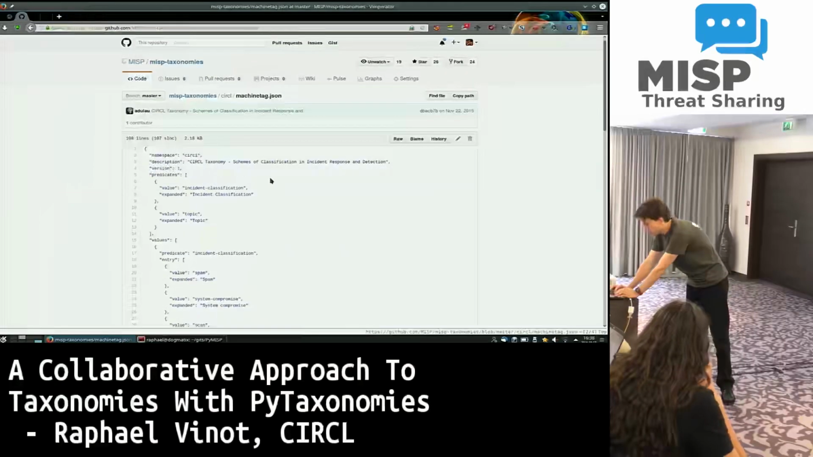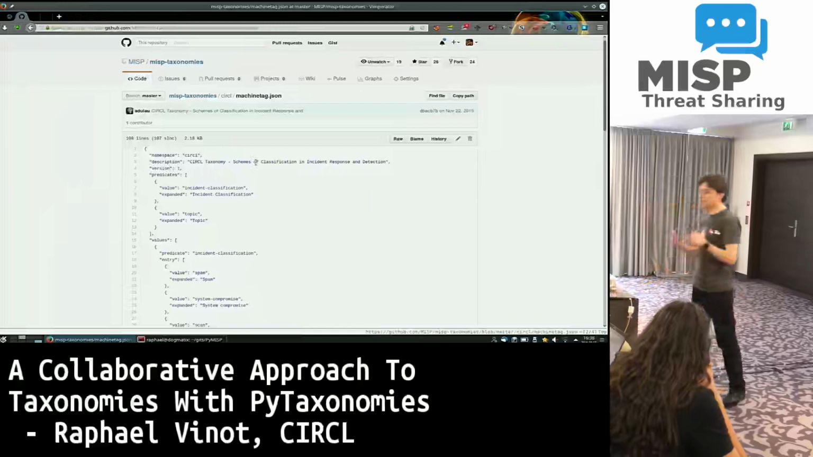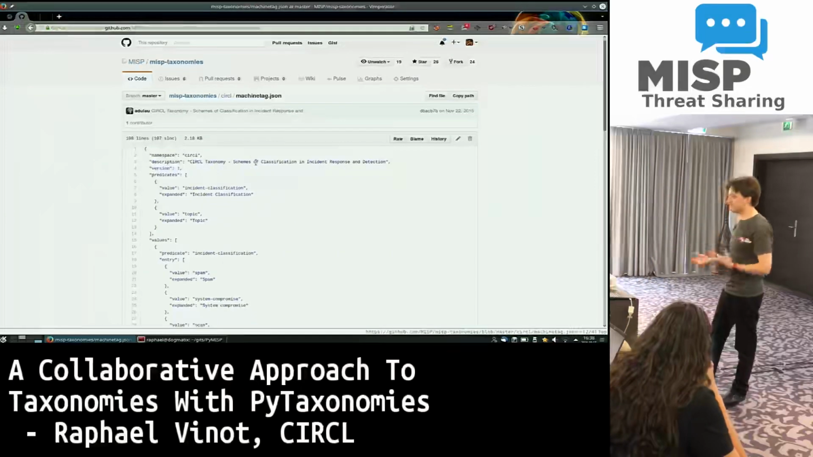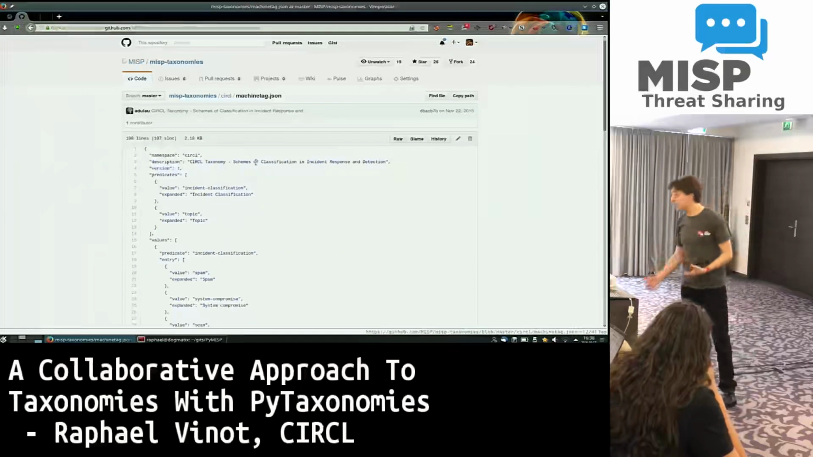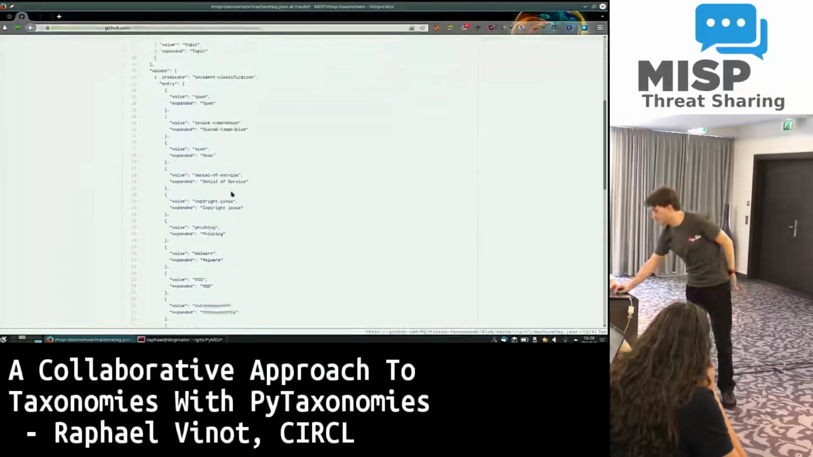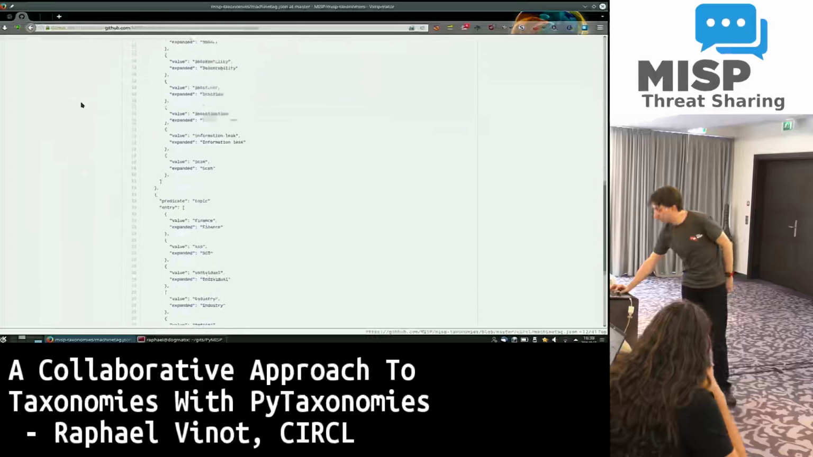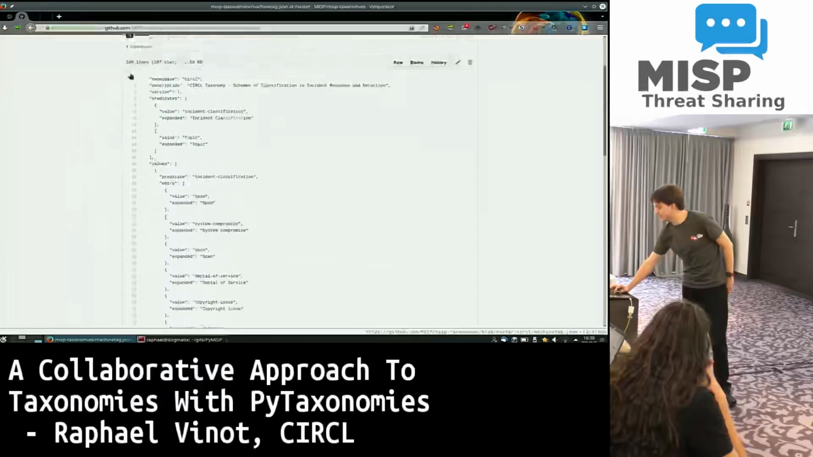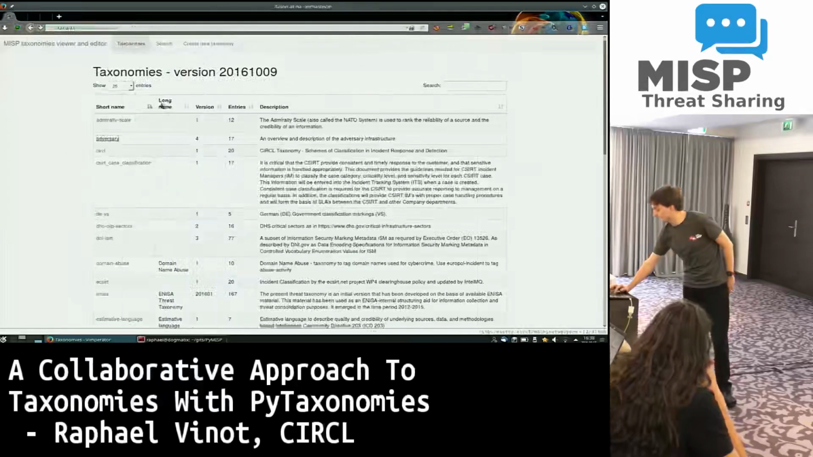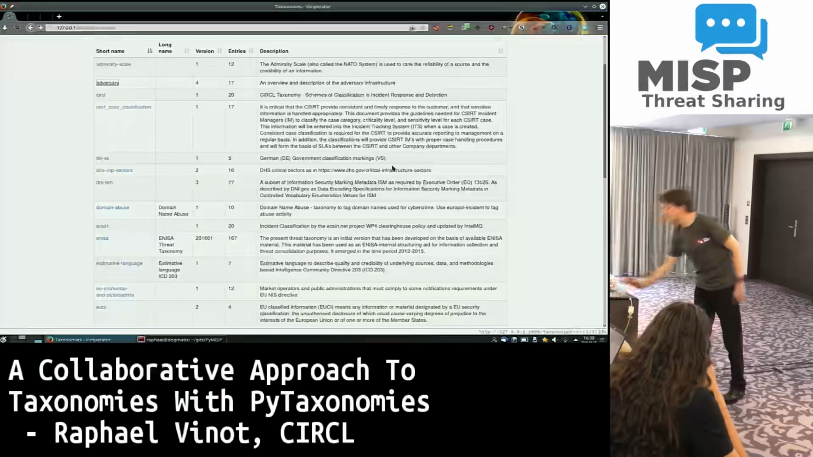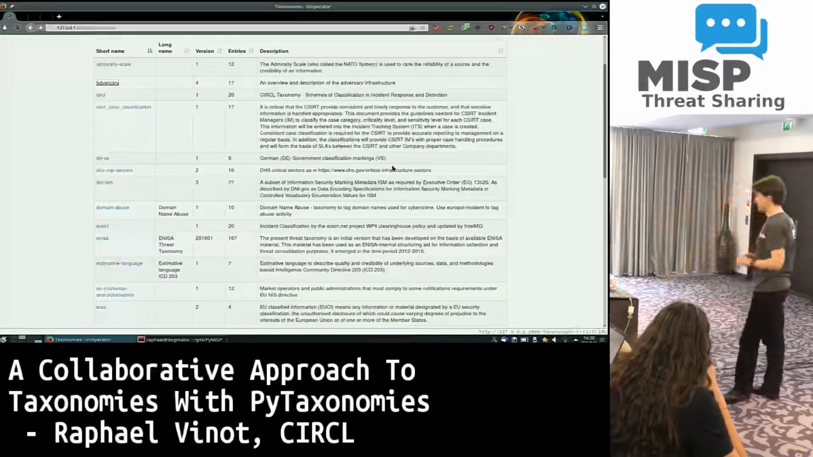So, to just look into it and find out which taxonomies are already here and what kind of content you have and so on, it's not necessarily super easy. You may want to have a way to just go through it without having to look at some text file and search in GitHub and so on. So, what I developed to just have an easy interface to dig into all those taxonomies is a small website